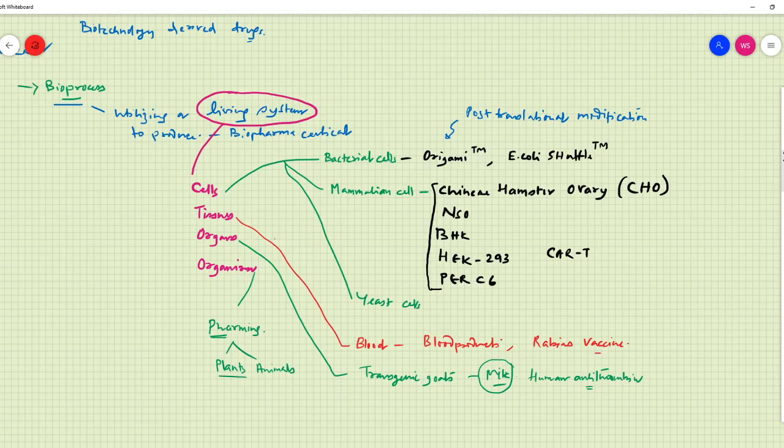An example is the hepatitis C vaccine being produced in potatoes. Again, there is lots of experimental work being done on animals. So if you need a drug, all you need to do is to consume the animal. If you want a vaccine, you can extract it from the plant. All right, so that is a bioprocess.